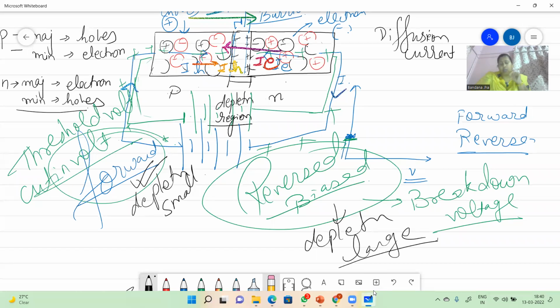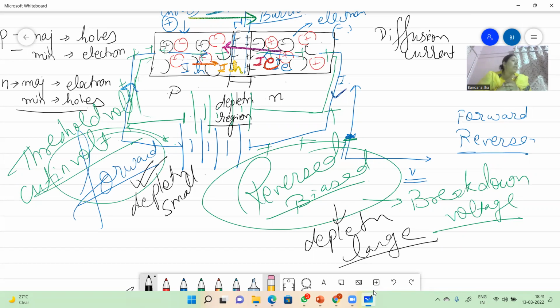nice. The phone charges very fast. The charging is not dependent upon the wire. The charging is mainly dependent upon the adapter. If your adapter is a cheap adapter, your mobile phone will take a lot of time to charge. But if the adapter is very nice, original quality, then it will take very less time to charge.